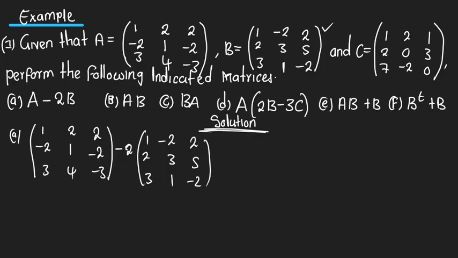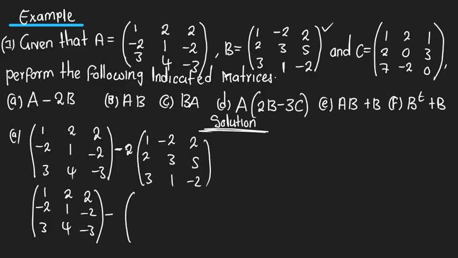Now, don't consider it as negative 2. First of all, multiply with everything that is inside. Okay? Multiply with everything that is inside. So this is going to be 1, negative 2, 3, 2, 1, 4, 2, negative 2, negative 3, then minus,